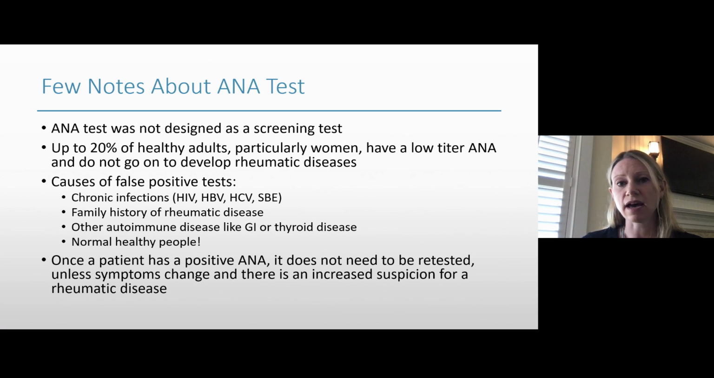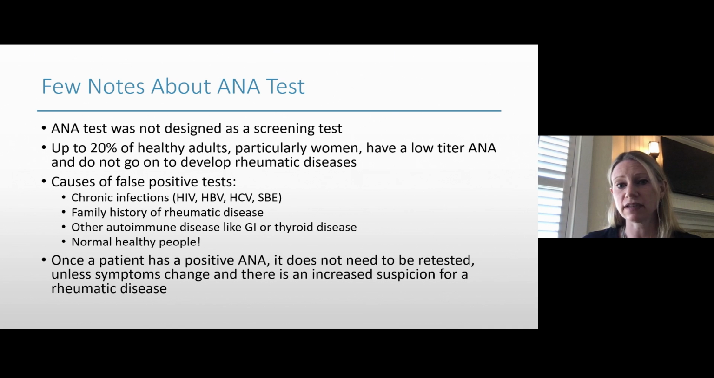The ANA test was not designed as a screening test. Up to 20% of healthy adults, particularly women, have a low titer positive ANA and do not go on to develop rheumatic diseases. And up to 5% of healthy adults actually may have high titer positive ANAs and still don't develop rheumatic diseases. Causes of false positive tests include chronic infections like HIV, Hep B, Hep C, SBE, a family